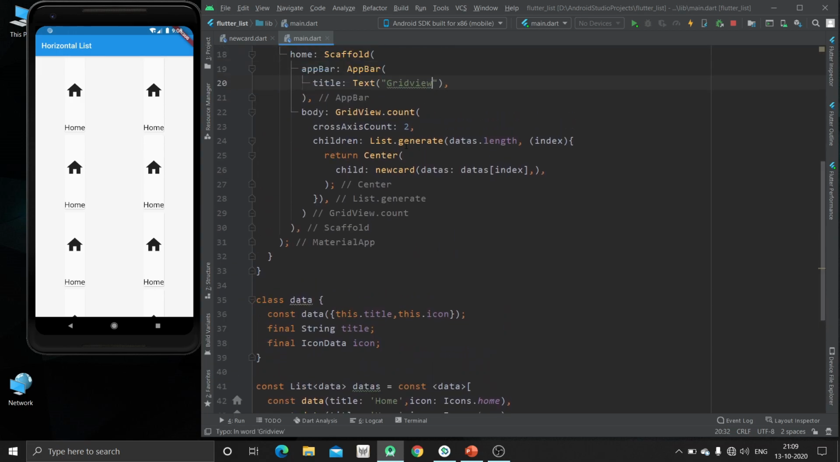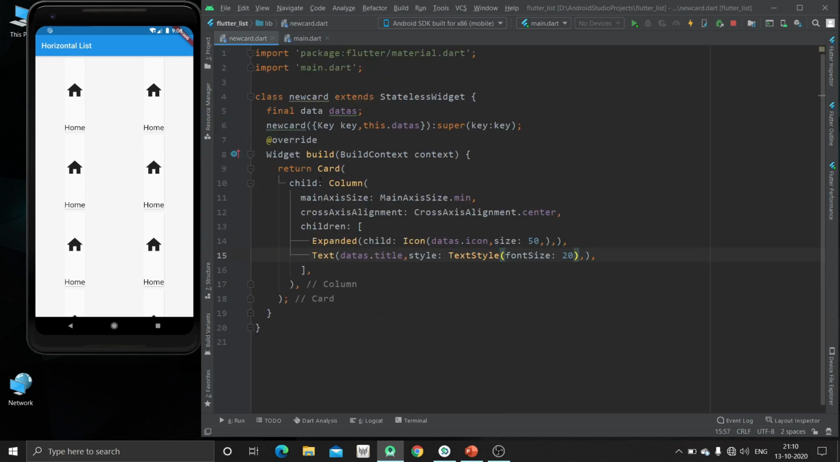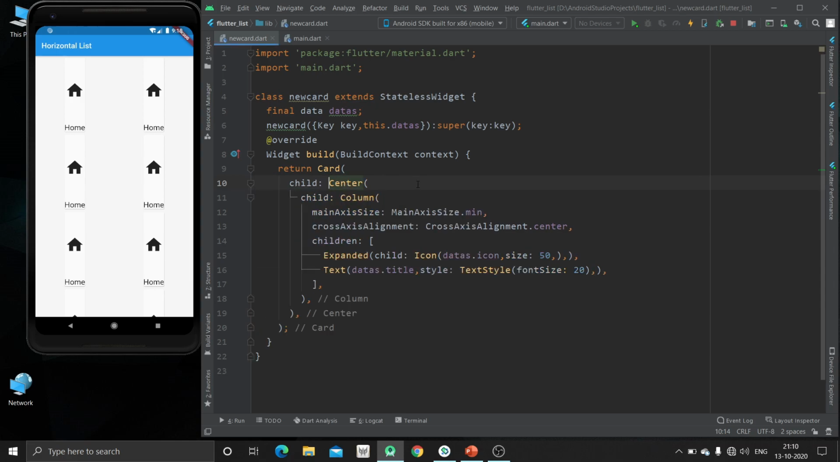Now this is the grid view and in here we have used dot count function. Now in this we have specified cross axis count, that is how many column we want. So this can be specified using this cross axis count property. Also we can give some cross axis spacing and main axis spacing. Before that I will just wrap this column inside center widget and just hit Ctrl and S. Now you can see this card